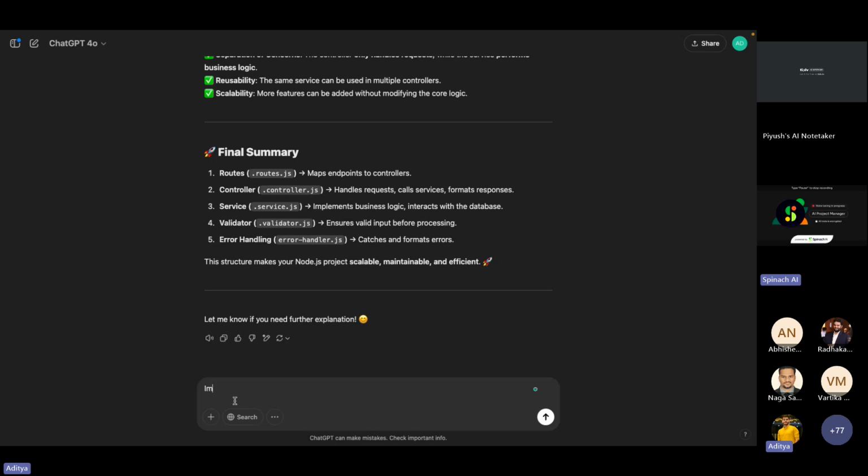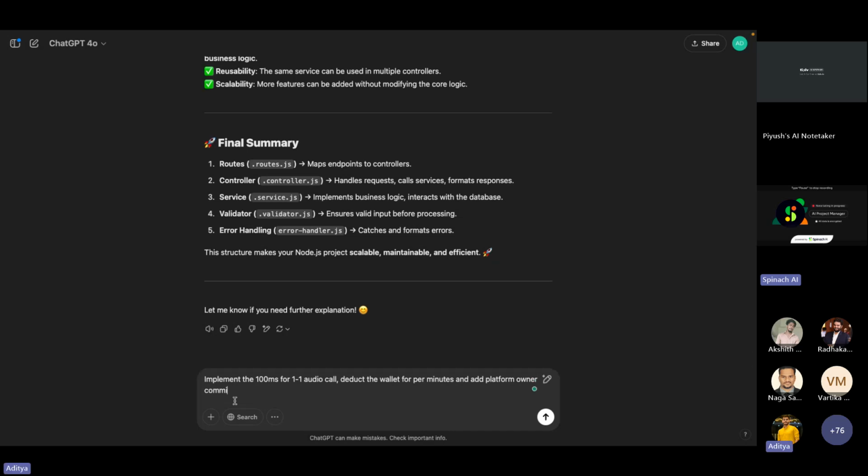अब लेट्स मुझे बनाना है, implement 100 ms for 1-on-1 ऑडियो कॉल। और इसमें खुद तो कॉम्प्लेक्स बनाते हैं इसको, तो deduct the wallet per minute and add प्लेटफॉर्म ओनर कमीशन as well।